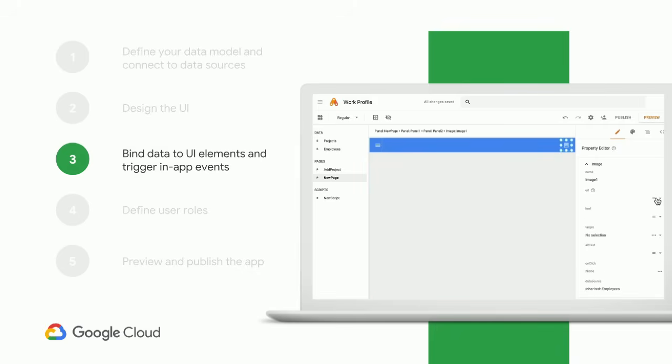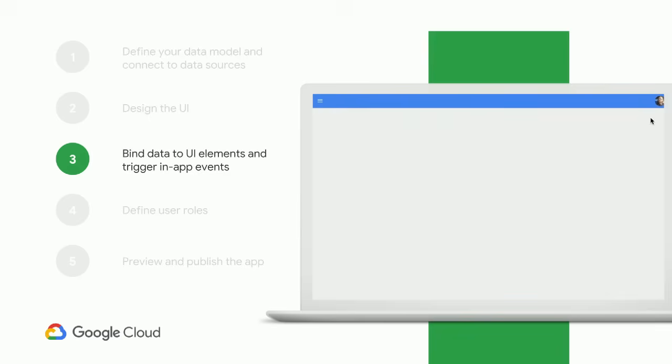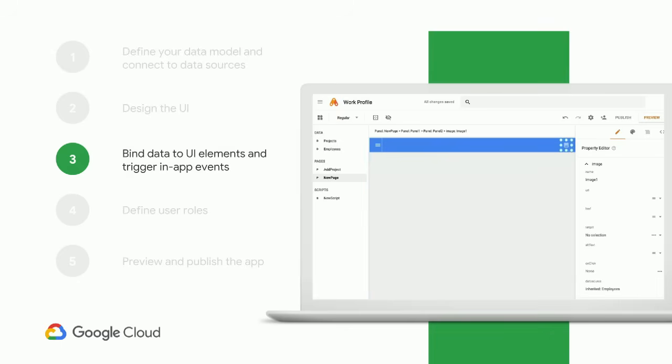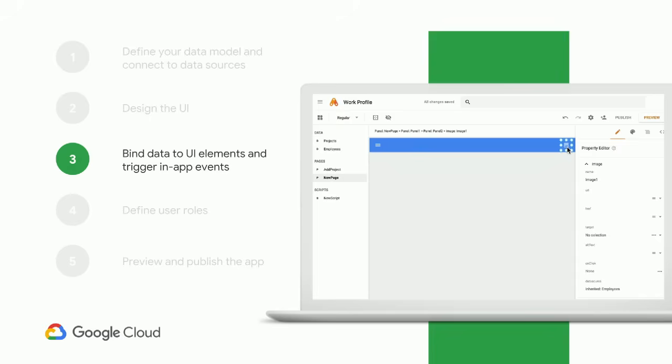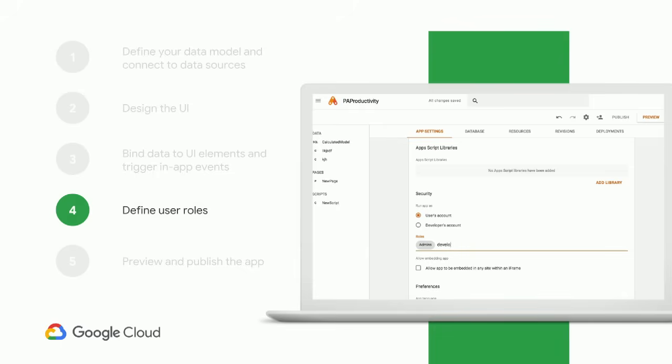The next phase is to bind the data to the UI elements and trigger in-app events. This is the stage where you actually outline the flow of the application. You decide what happens once somebody enters data, for example, and also invoke automatic actions like sending an email or just stitching the flow of the internal logic of the workflow that you're automating. Once this stage is done,